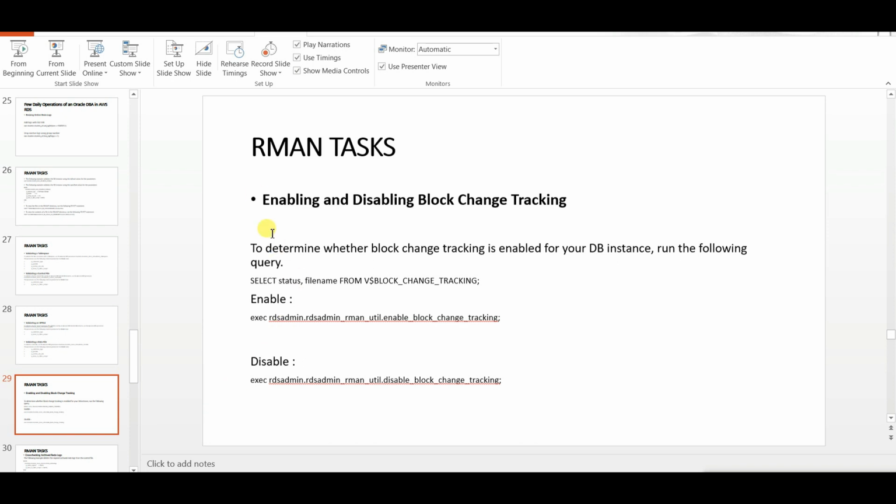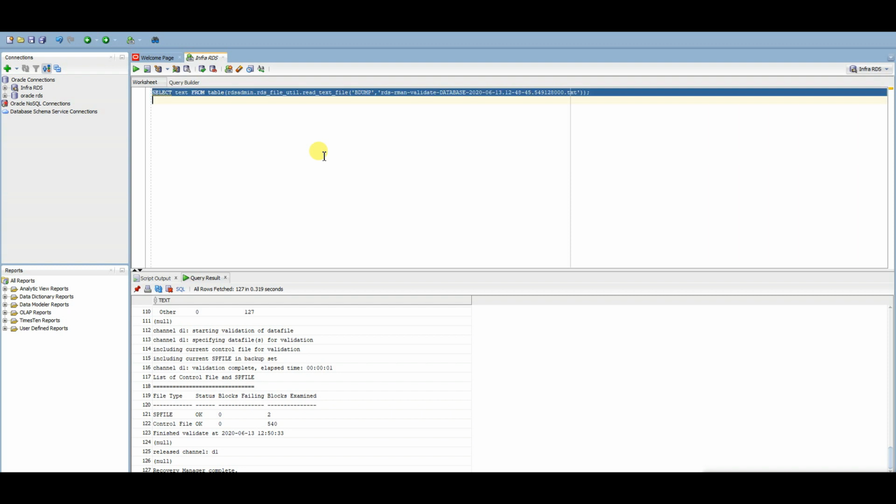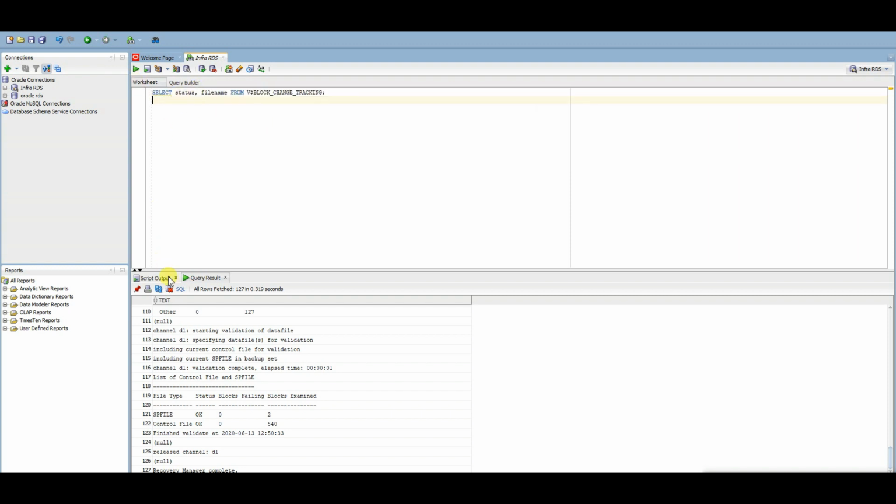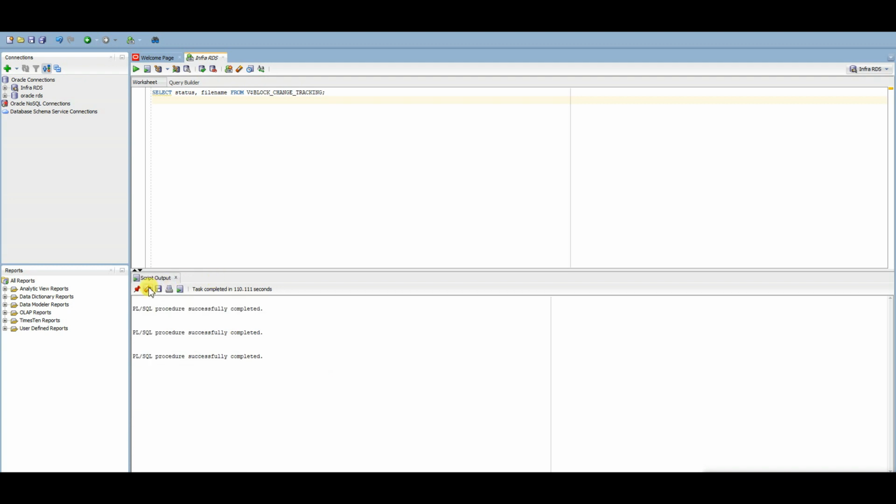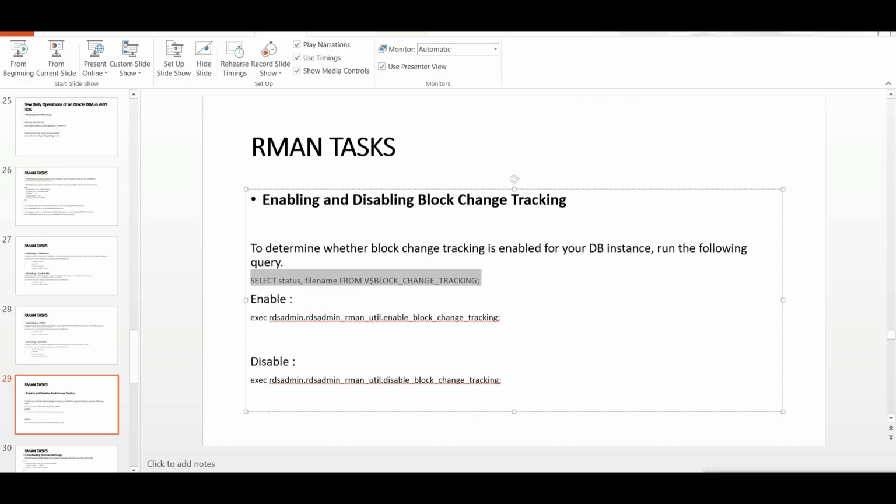Now how to enable or disable block change tracking? To determine whether block change tracking is enabled, first of all let us run this command and check. So the status is currently disabled.